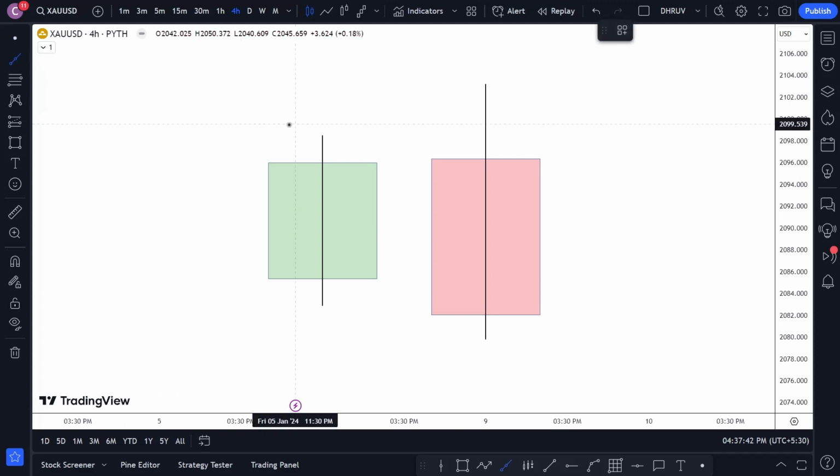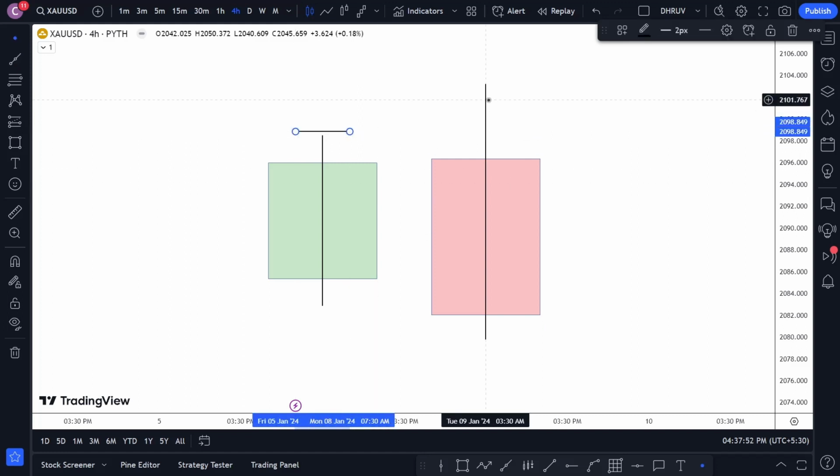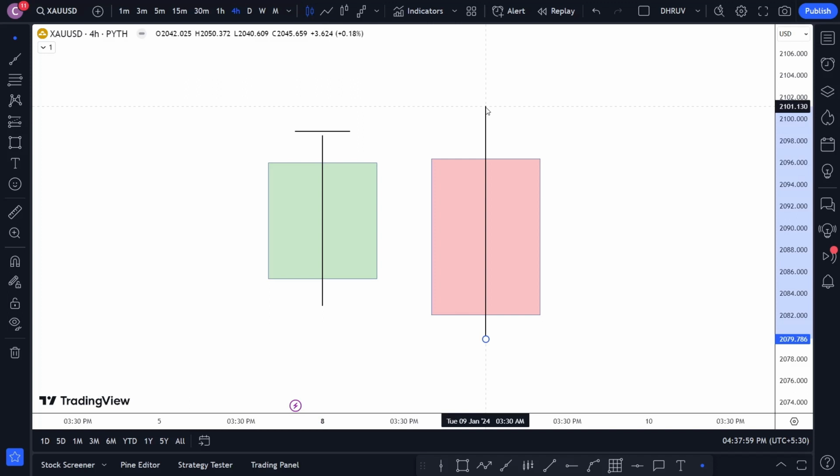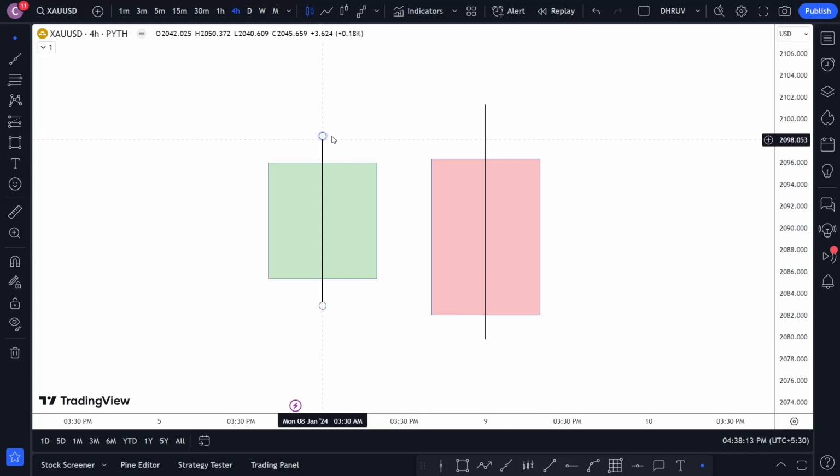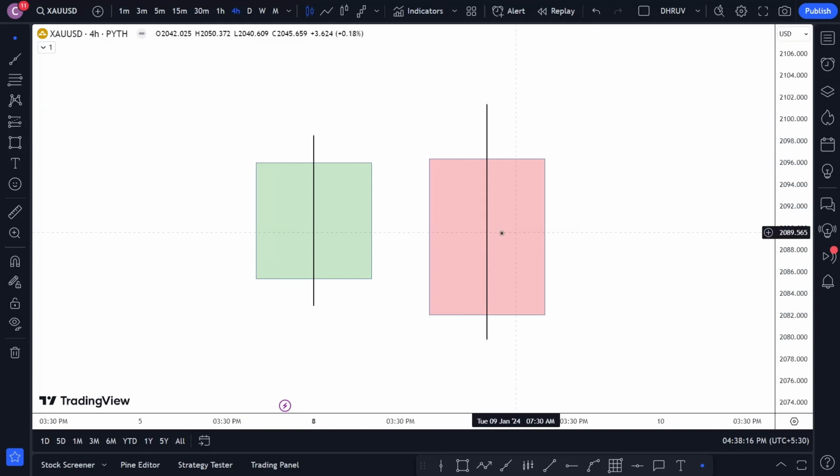In the bearish case, to call it a Quasimodo engulfing pattern, we need the high of this bullish candlestick to be engulfed way higher than the previous high. It cannot be at the exact area of the previous candlestick high. It should be higher than that to call it a